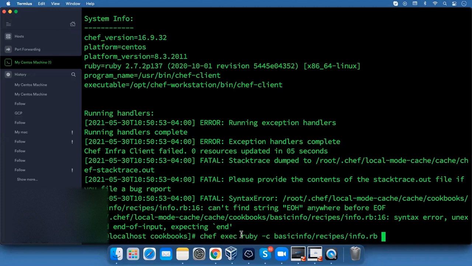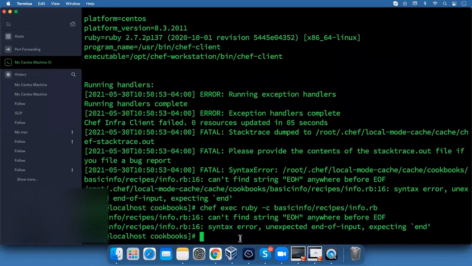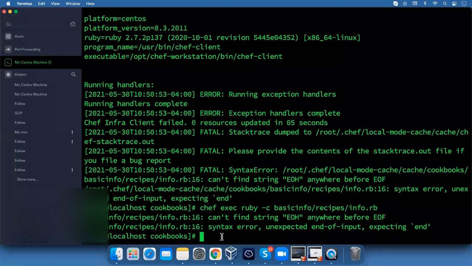Hit enter. So it says cannot find the string EOH anywhere before EOF. Let's edit the code once again, basic info and recipes, info.rb.